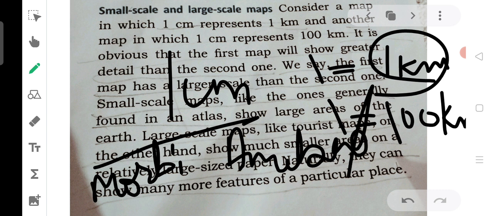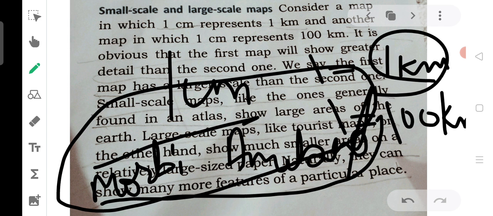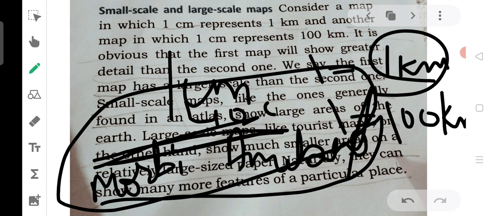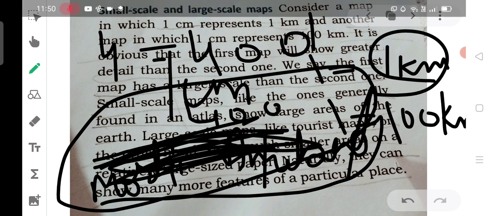Suppose in Gujarat, the distance between them is 400 kilometers on the ground. But on this slide I took the distance as 4 centimeters. So 4 centimeters equals 400 kilometers.